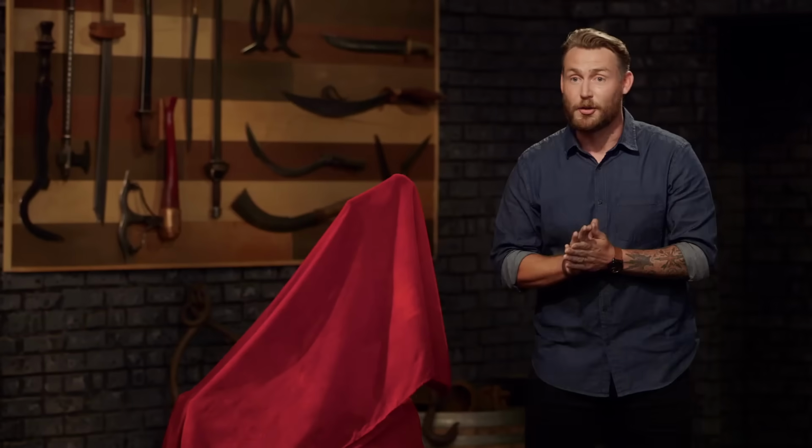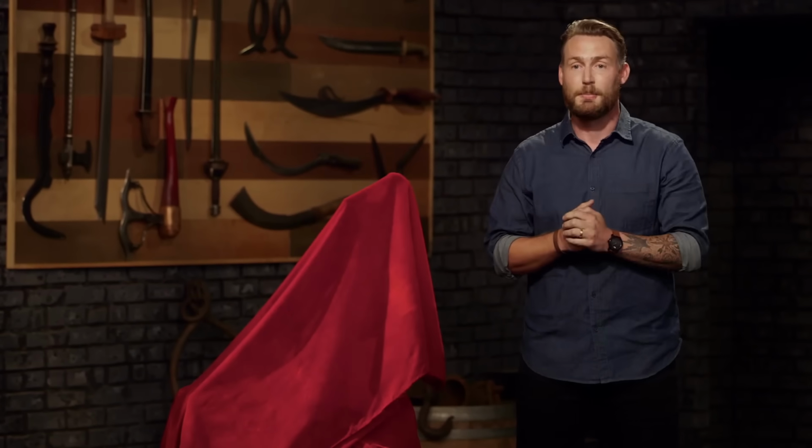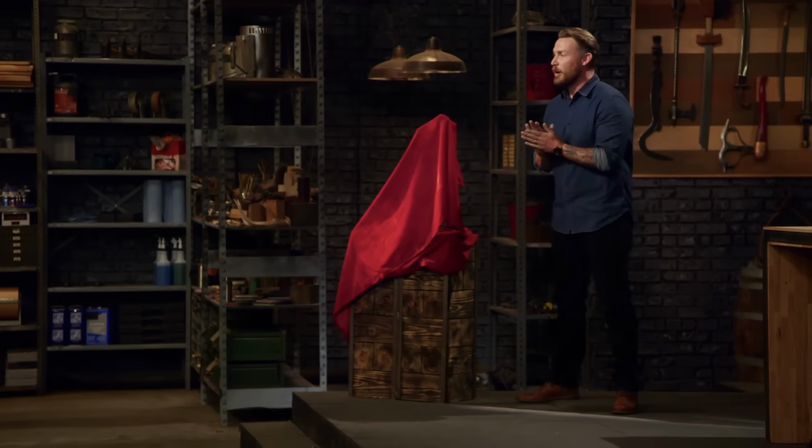Brian, Walter, congratulations. Both of you guys are moving forward into the next round. In round 3 of the competition, we're going to be sending you guys back to your home forges to build an iconic weapon from history. And that weapon is